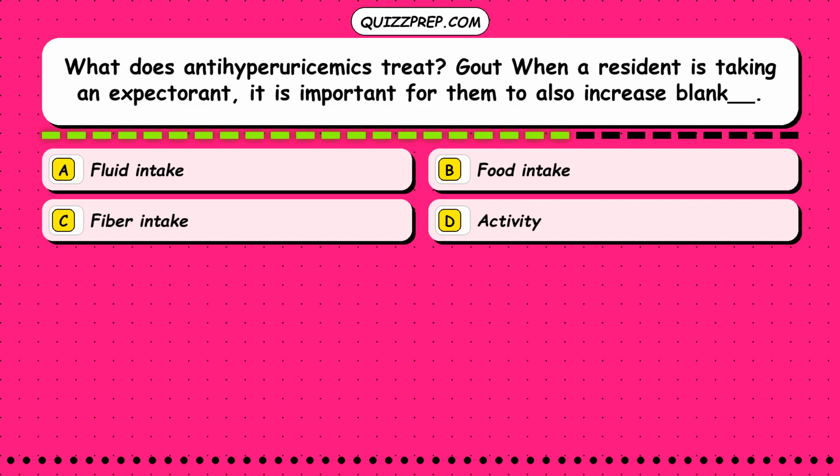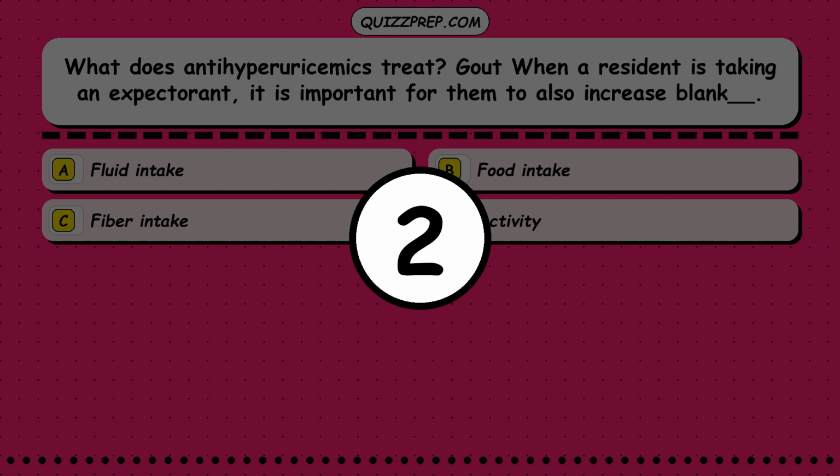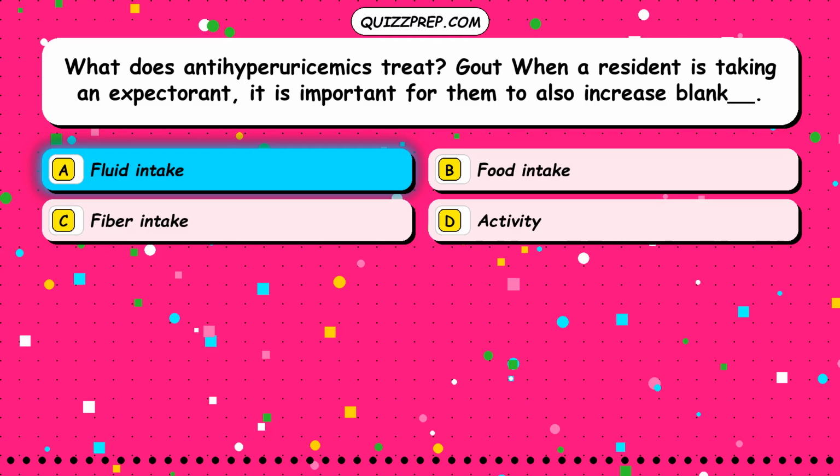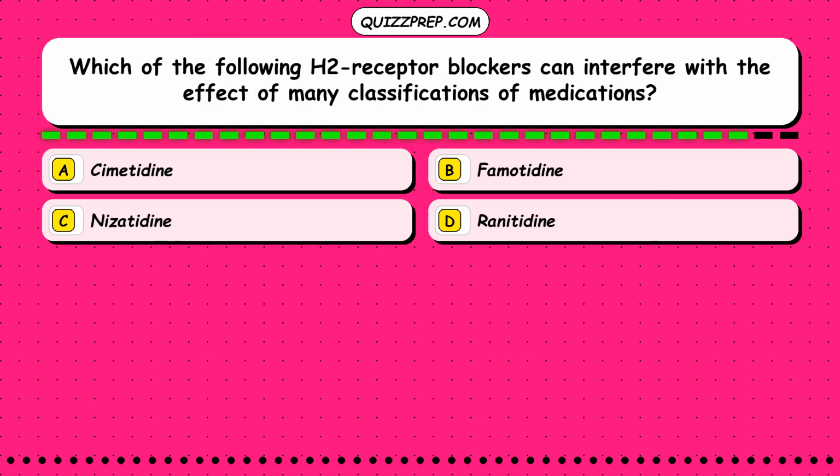Gout. When a resident is taking an expectorant, it is important for them to also increase blank. Option A. Fluid intake. Option B. Food intake. Option C. Fiber intake. Option D. Activity. The correct answer is option A. Fluid intake. Question 239. Which of the following H2 receptor blockers can interfere with the effect of many classifications of